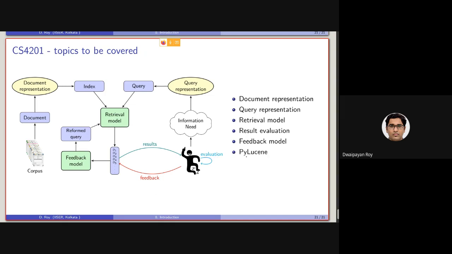Together with that, we will be discussing ways of doing this information retrieval system part using PyLucene, which is an industry standard retrieval model. And finally, we will be comparing and contrasting with web search, or how web search is different from this scenario, or how we can actually replicate a similar web search scenario at our end offline.